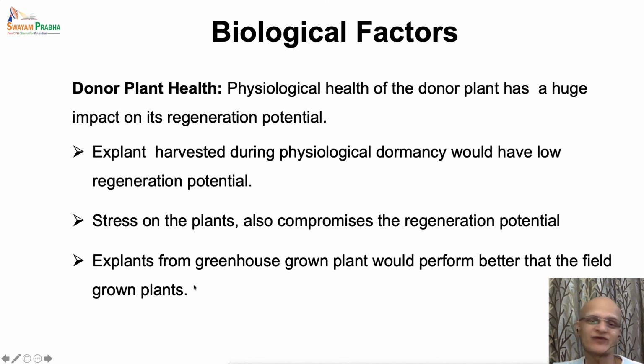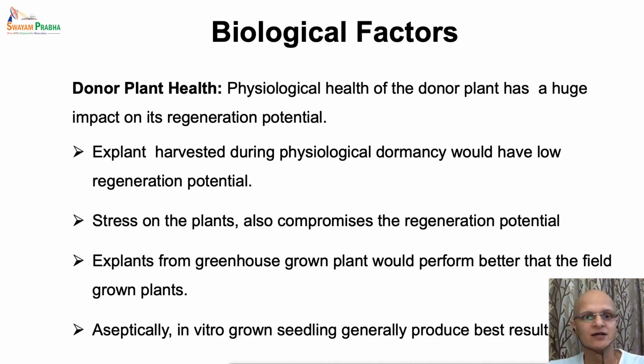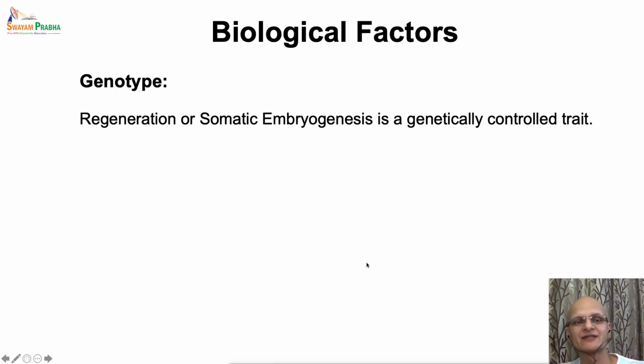So the X plant harvested from the greenhouse grown plants perform much better as compared to the field grown plants. And even aseptically grown seedlings, X plant will perform even better than the greenhouse grown plants. So aseptically grown in vitro seedlings produce the best results. Now the genotype of